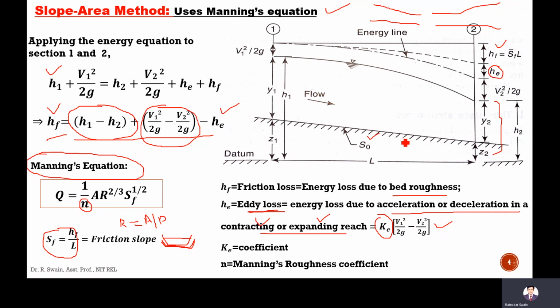Usually in the practical case, meaning the field case, this n is calibrated. The n value must be known. If we know the discharge for a particular type of channel, usually the sediments are constant. It may change with respect to time, but with respect to a small length it does not change, so Manning's roughness coefficient usually does not vary much. Although if it is varying much, nothing can be done. So here n can only be calculated using calibration: if you know the real discharge, n is calibrated using this equation.